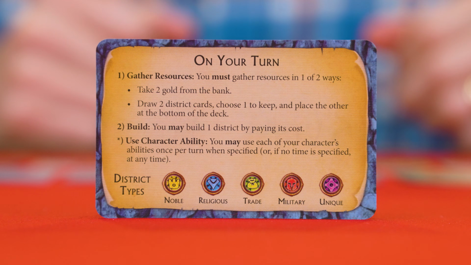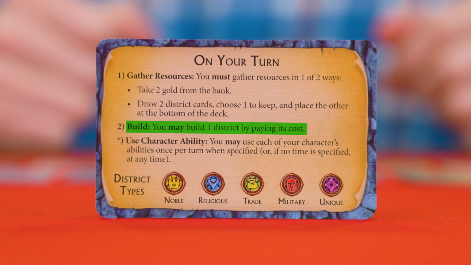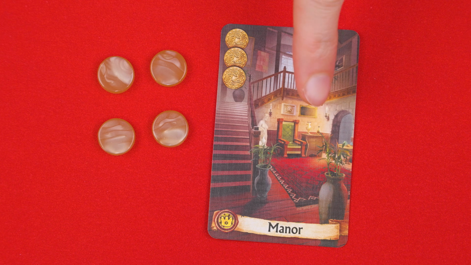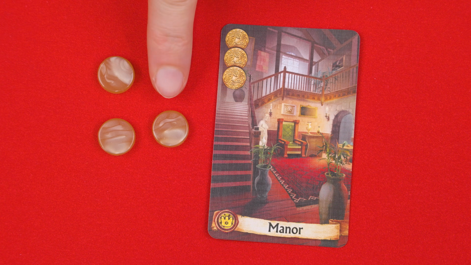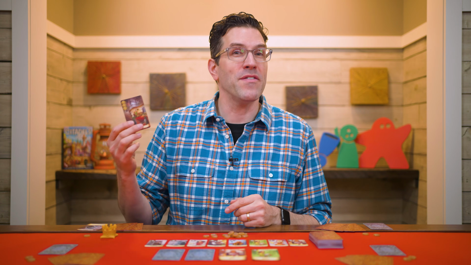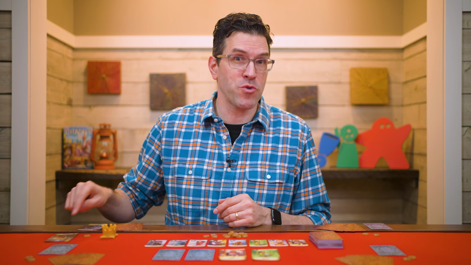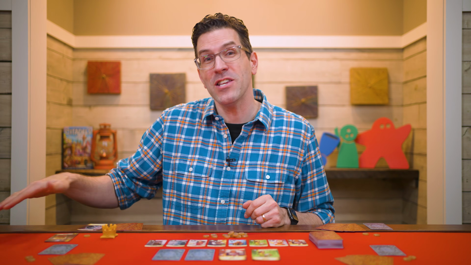After gathering resources, as it says here, you may then build 1 district from any you have in your hand if you want. To do this, play the card face up in front of you and pay the cost in gold shown in this corner, returning it back to the general supply. The districts that are face up in front of you make up your city, and at most, you may only build 1 district per turn, and may not build a district if you have one already in your city with